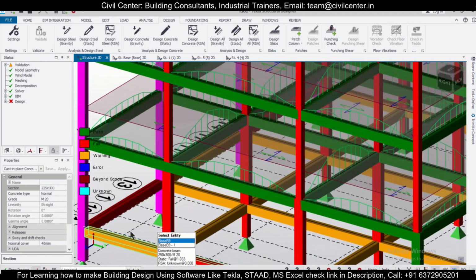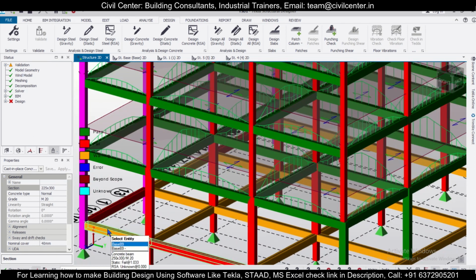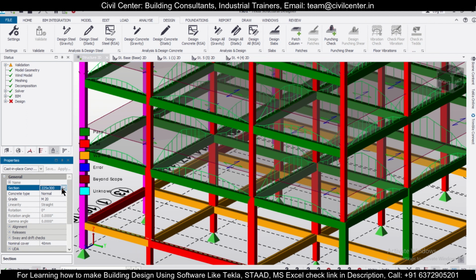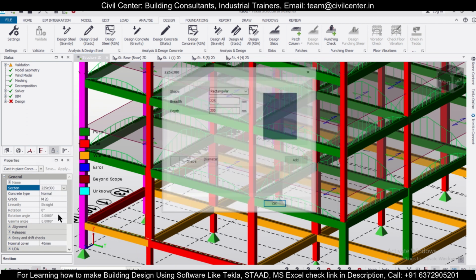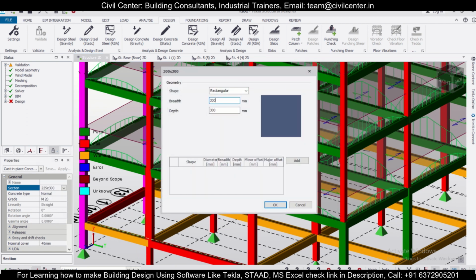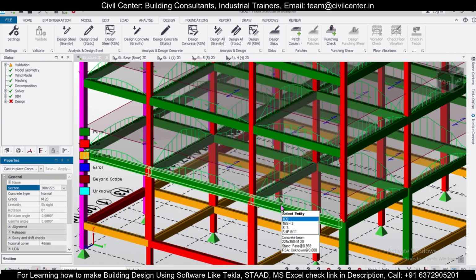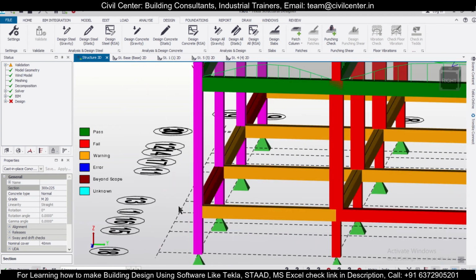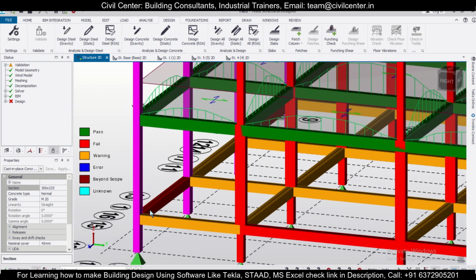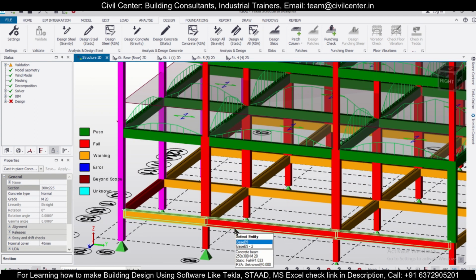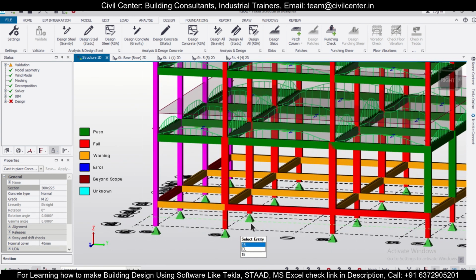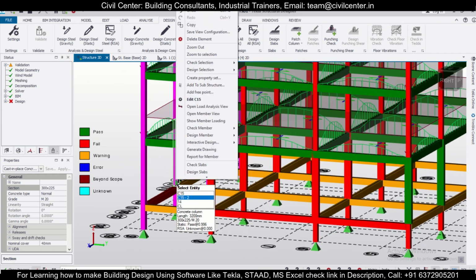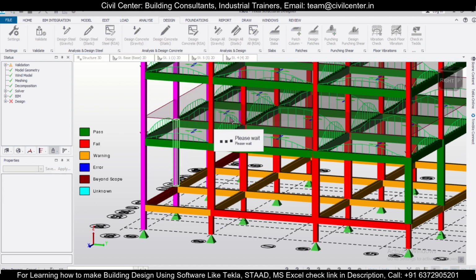We want it along this side, so it will be actually 300 into 225, like this we want. So like this, let's give, and for this also right click, design selection static.